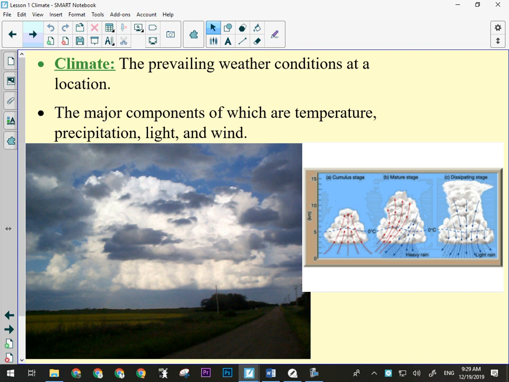Right? So, should you know the 4 components? Yes. Definitely. Okay? Because what I might ask is something like, describe the components of climate in St. John's, Newfoundland as they would exist. Okay? And then I might even go further and say, what factors would cause them to be like this? Now, the factors are what we're going to talk about next. All right? So that's the context in which you would need to know the 4 components of climate.